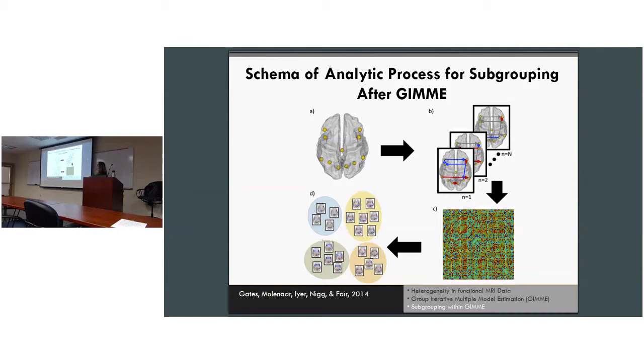And when I mean beta weights, I just mean each path isn't 0, 1, each path has a weight saying how strong the connection is between two, and it could be positive or negative. So we took everybody's beta weights. They have a matrix. We vectorized them, and we correlated the group level ones to come up with a correlation matrix. So this is not a correlation matrix of regions. This is a correlation matrix of people.